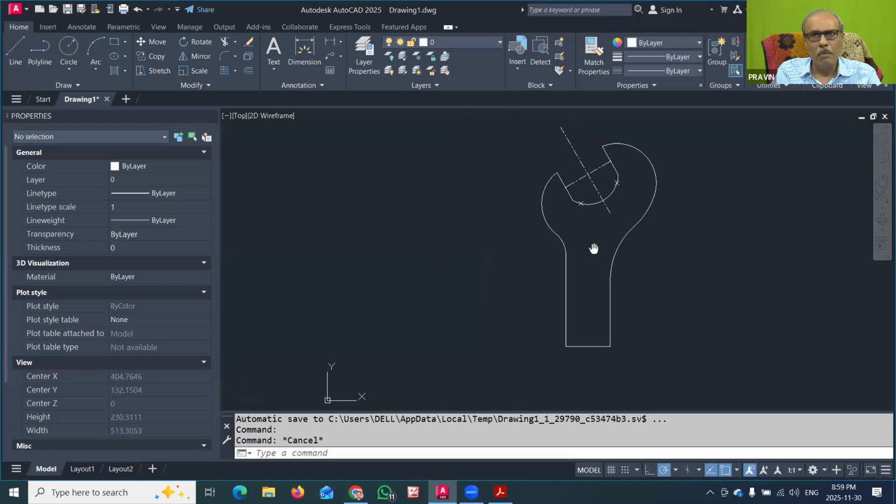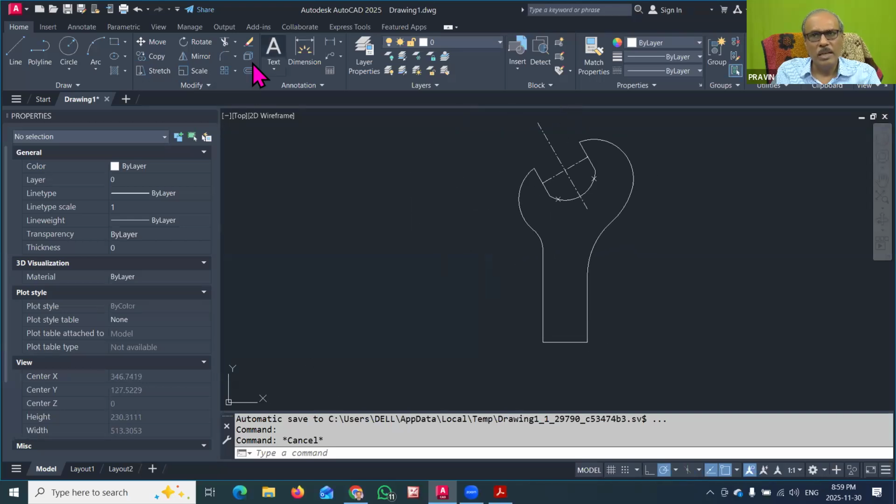If you want to give the name, you can always use the text command. So now this drawing we have to save. We have already seen that there is a particular method to save the drawing. The best way is that in AutoCAD 25, the quick launch toolbar is given. In the quick launch toolbar, the third command is very much required, that is the save command. So you save this.